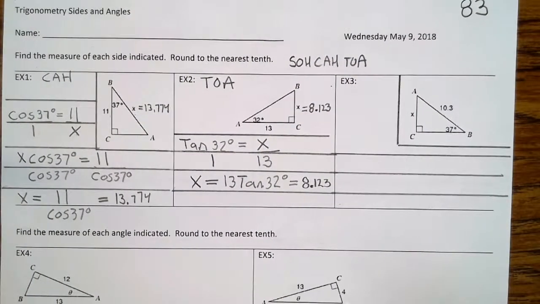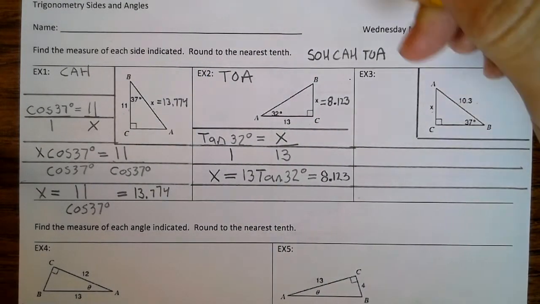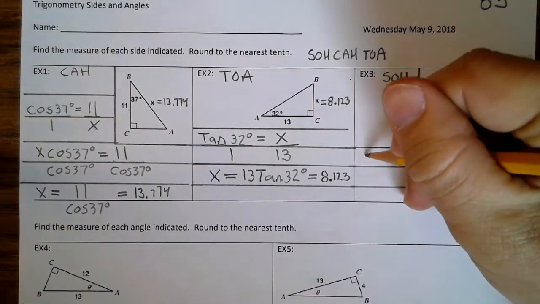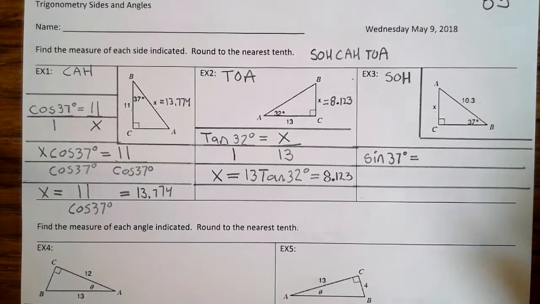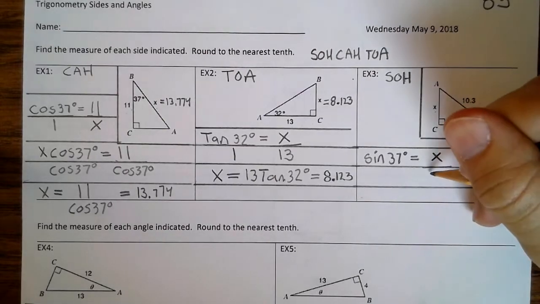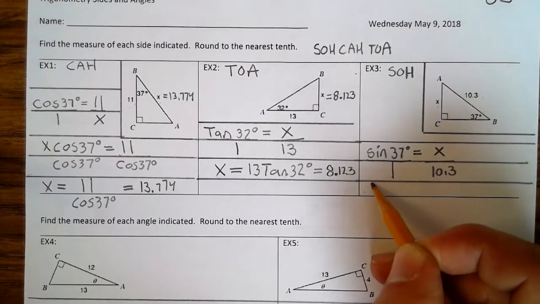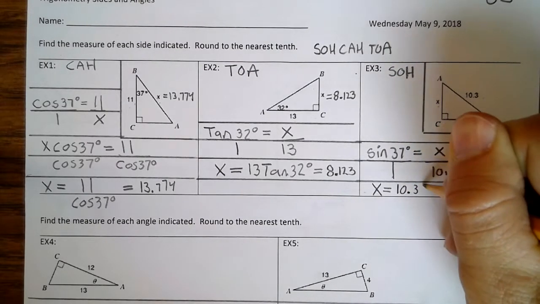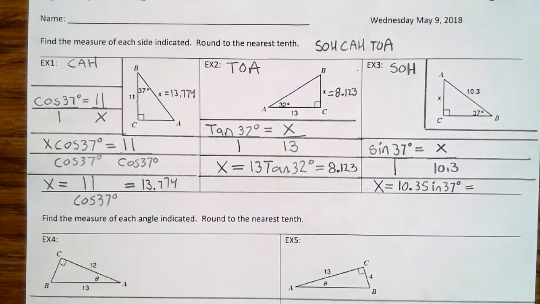Okay, so now let's take a look at example 3. So example 3, it looks like we were given opposite over hypotenuse, so we're going to use SOH. So sine of 37 degrees equals x divided by 10.3. So divide this by 1 so we can cross multiply. So 1 times x is x equals 10.3 sine of 37 degrees, which equals,